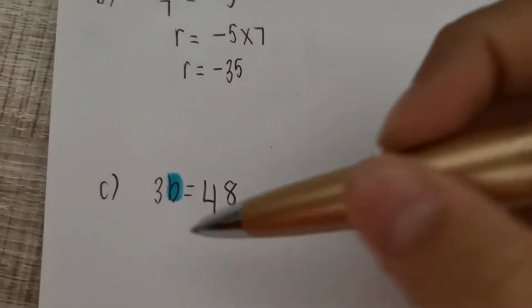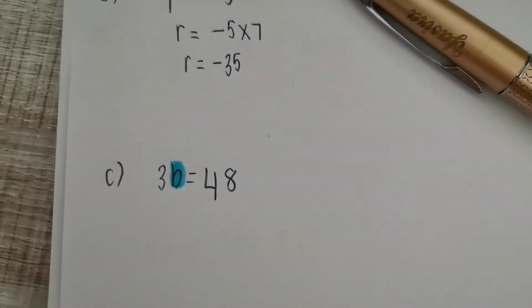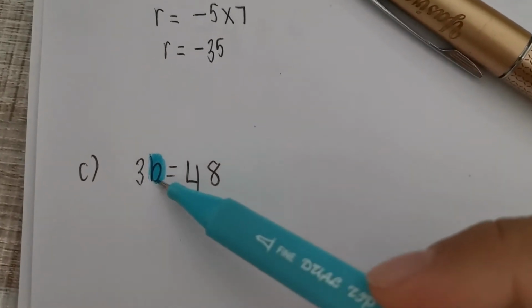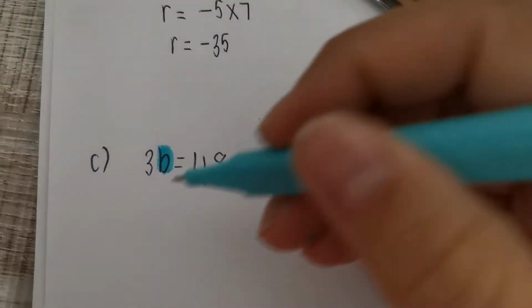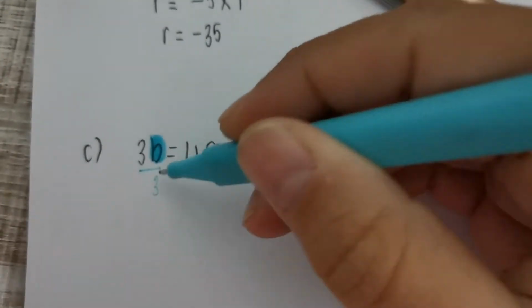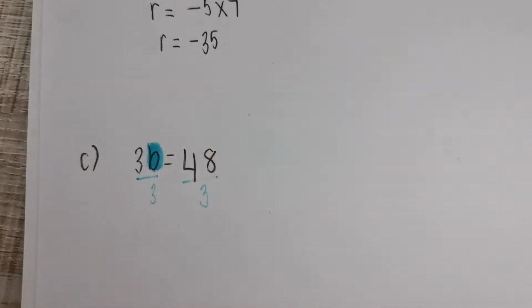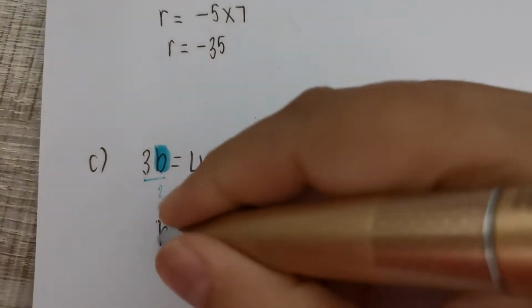This one over here, what's blocking me or what's in front of it is the divide by 3. Okay, let me just do this in a different color. So what's the opposite? This means 3 multiplied by B. What's the opposite of multiply? Divide by 3. What you do on one side, you do on the other side. So B equals,